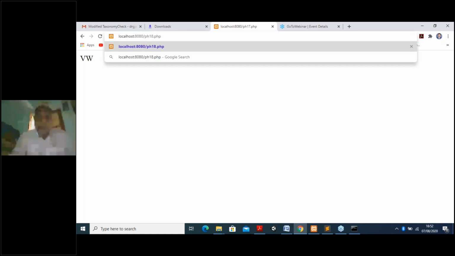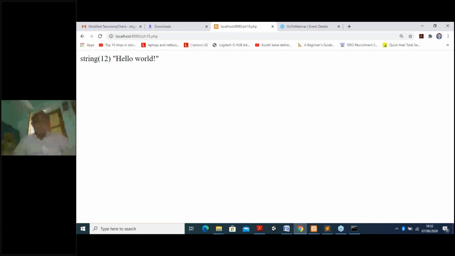It is a string, the data type is string, and this is the number 12, because it will take also the blank space. 1, 2, 3, 4, 5, 6, 7, 8, 9, 10, 11, and this one also last 12. So it is a string, and the number of characters is 12. So all the things it is showing.